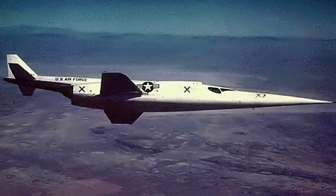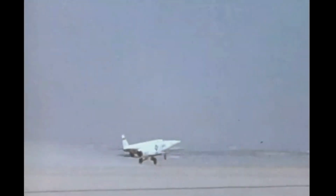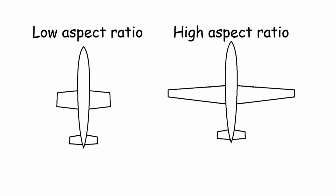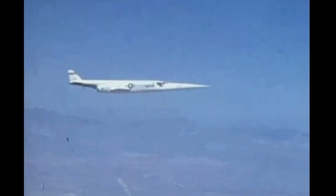X-3 Stiletto. This one has nothing in common with the first two. It was made by Douglas, not Bell. It wasn't a rocket, it was powered by a pair of turbojets, and it took off from the ground rather than being dropped from a mothership. It was made to test low aspect ratio trapezoidal wings at speeds around Mach 2,